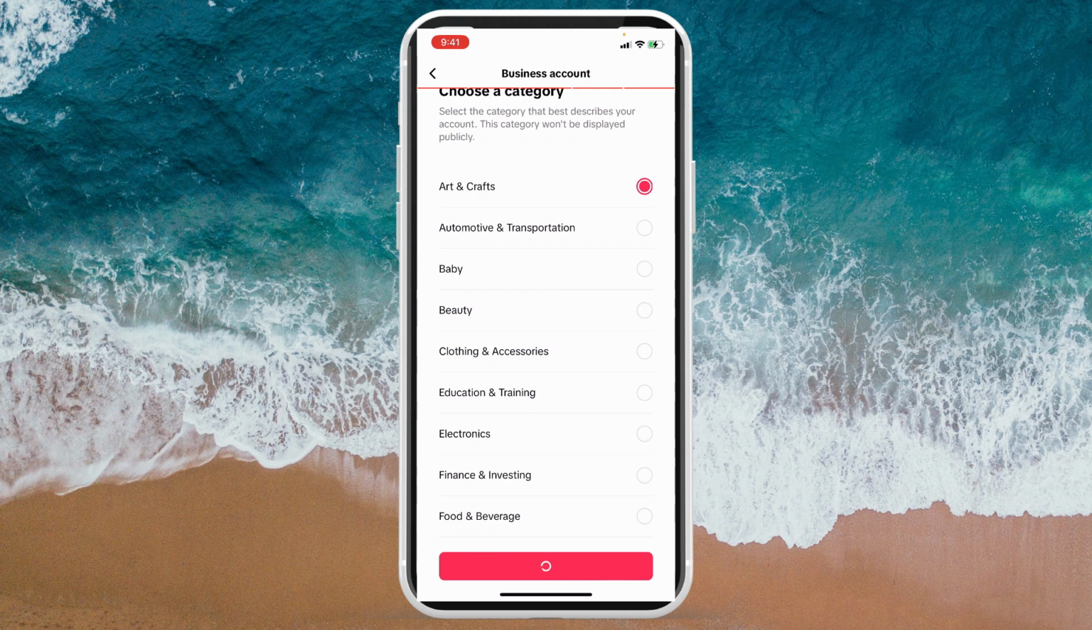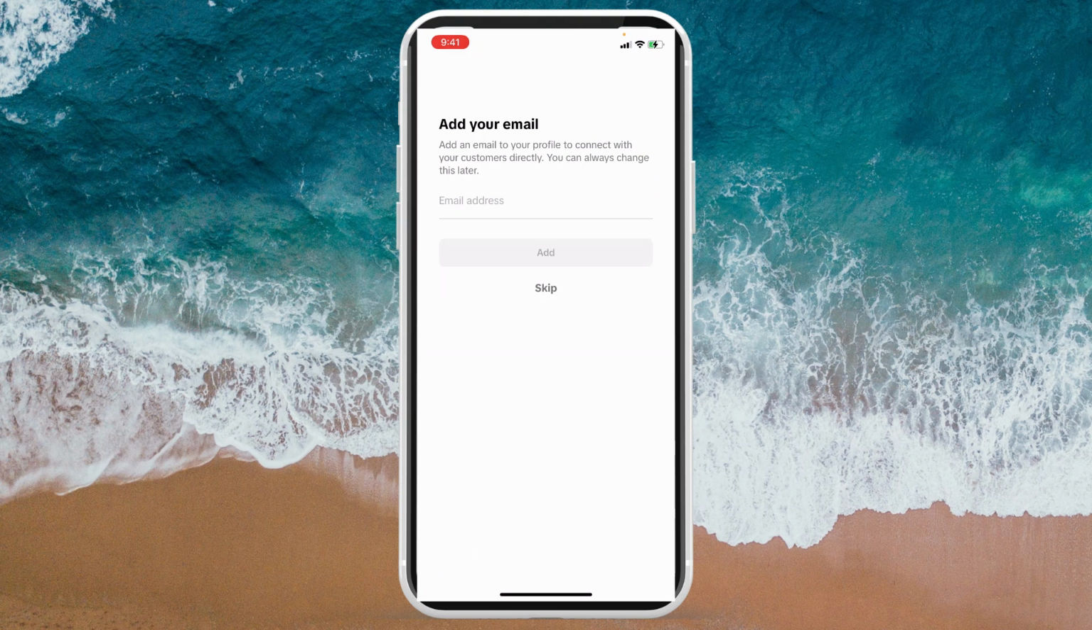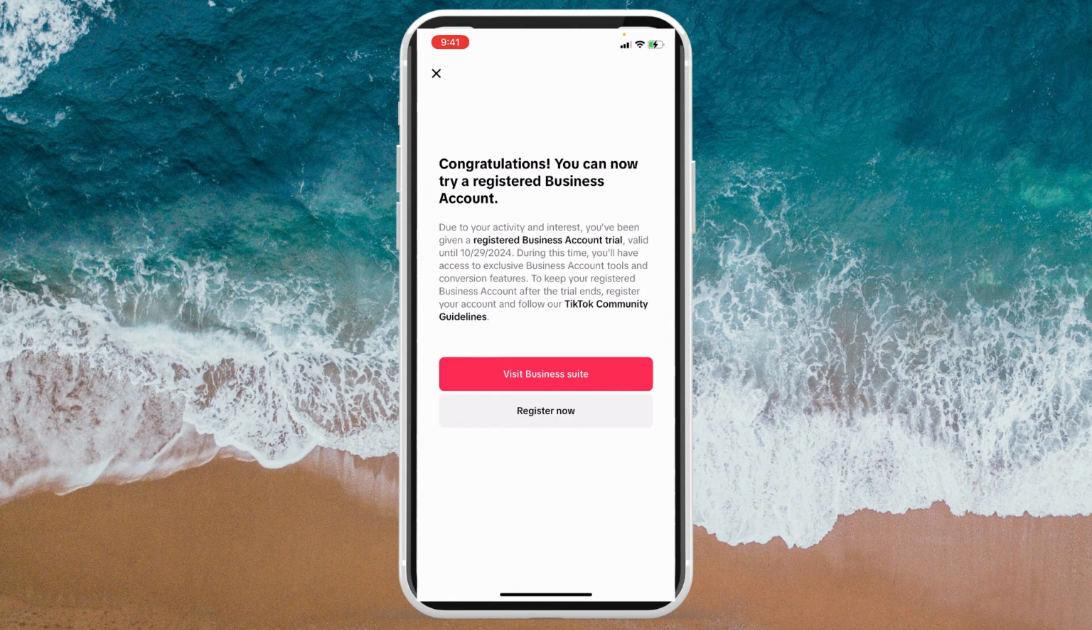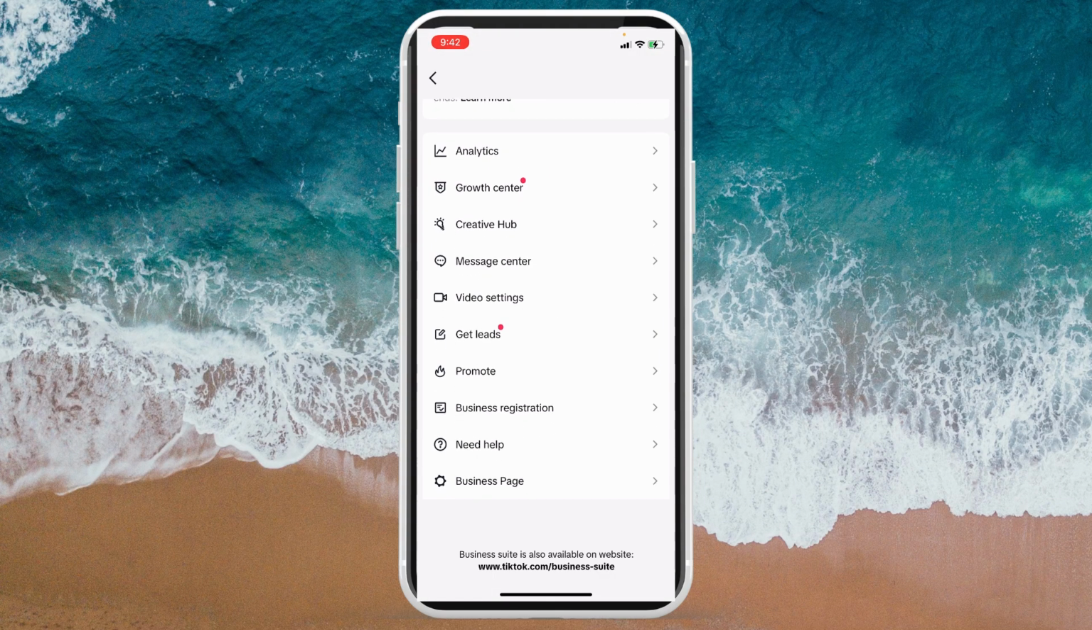Let's try this one. Click on Next and add in your email address. You could skip that one as well. And as you can see, it will congratulate you since you are already registered to a business account. So since you are registered already, click Visit Business Suite, and right after, once you're in here,